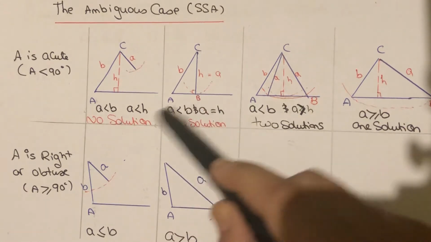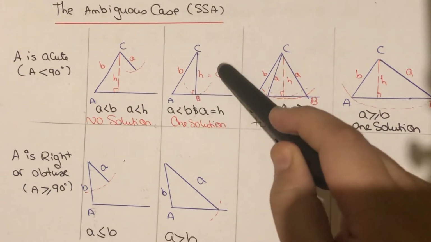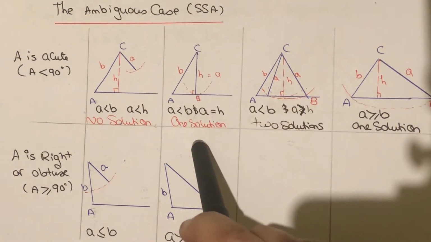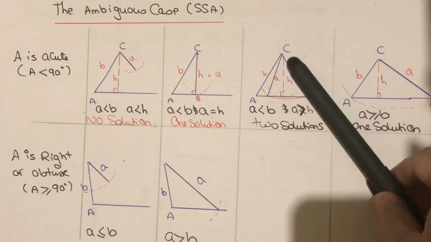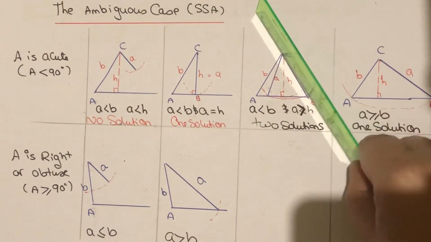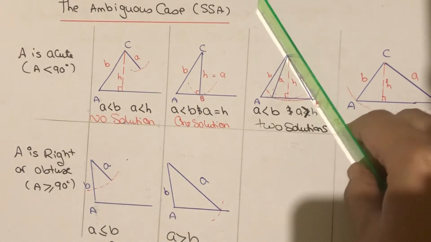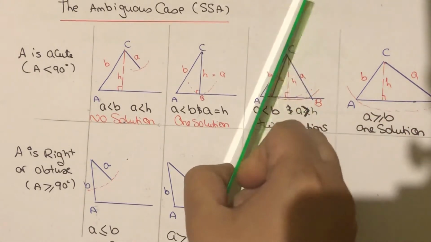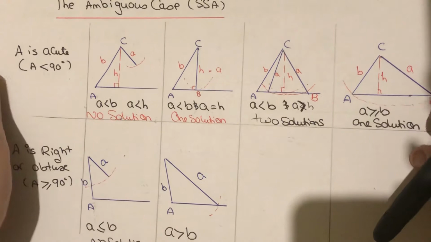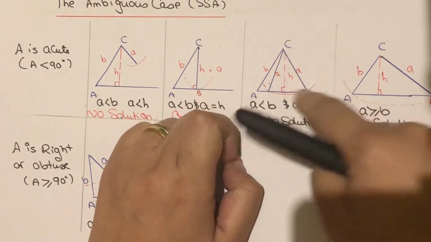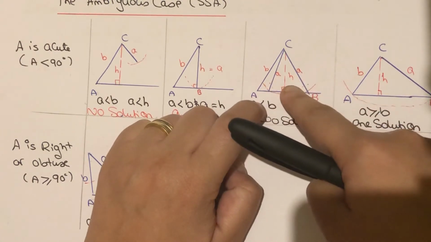Now, if they gave me, for example, that A is less than B, but A is equal to H, which is the altitude, there's no problem. I can form one triangle, which is a right angle triangle in this case. If side A is less than B, but it's greater than H, meaning it's longer than H, try to think of swinging it. It might be here, or if I swing it this way, it might be there. This is the case where I can have two triangles. This is one, and the big one is another one. Because A can lie here or there, there's no problem, as long as it's greater than H but less than B.